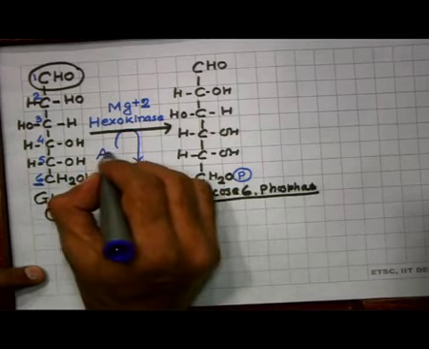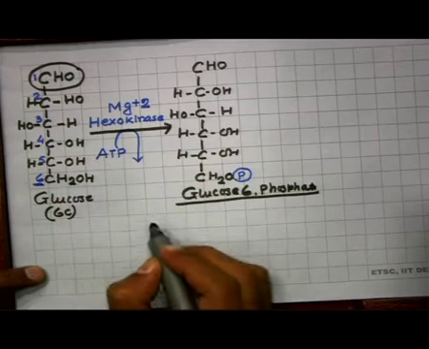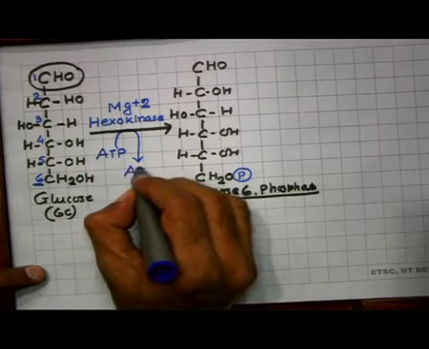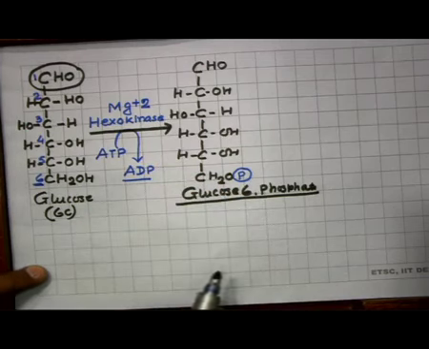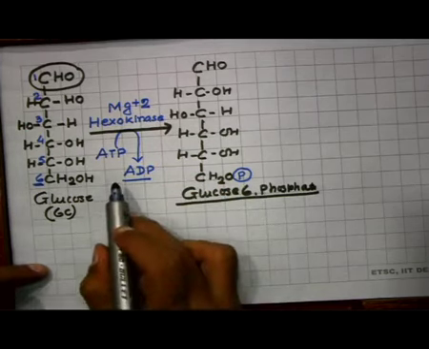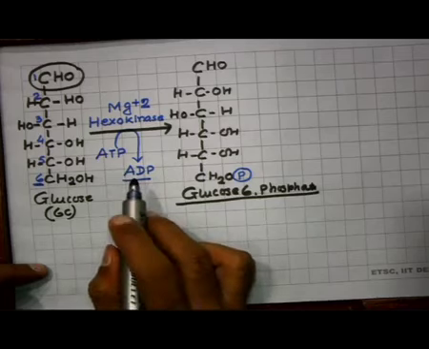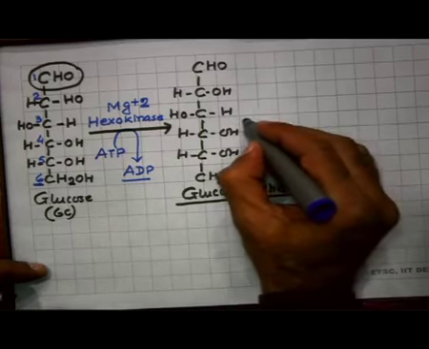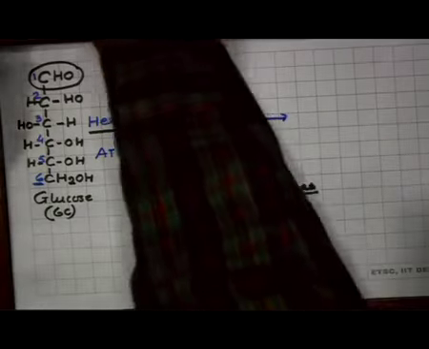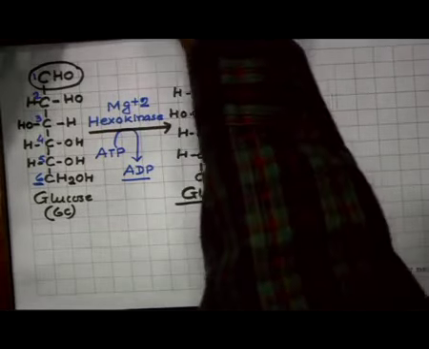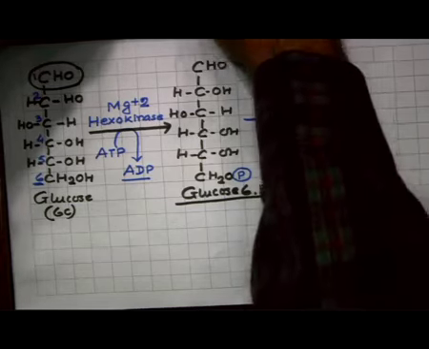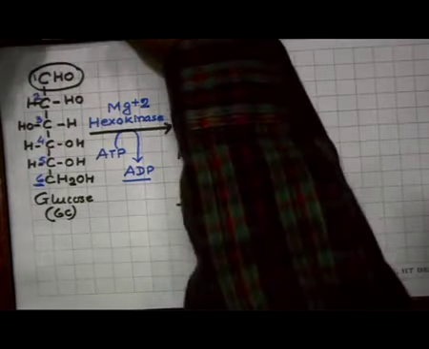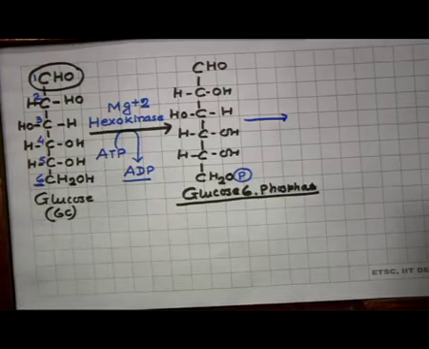The ATP, adenosine triphosphate, is converted into ADP. So, in the first step 1 ATP is consumed. So, we can write in the form of ATP consumption the glucose 6 phosphate converted into,